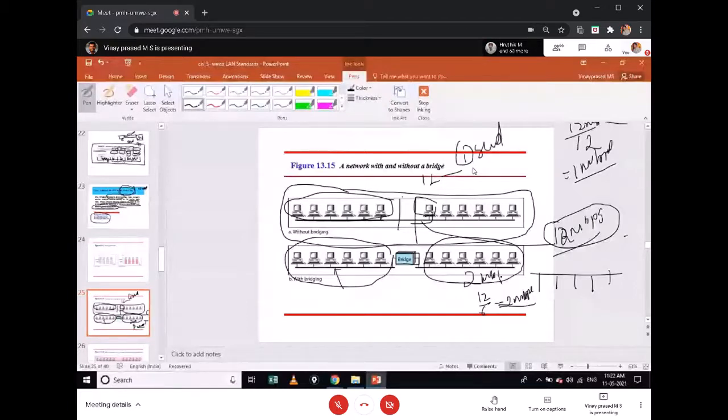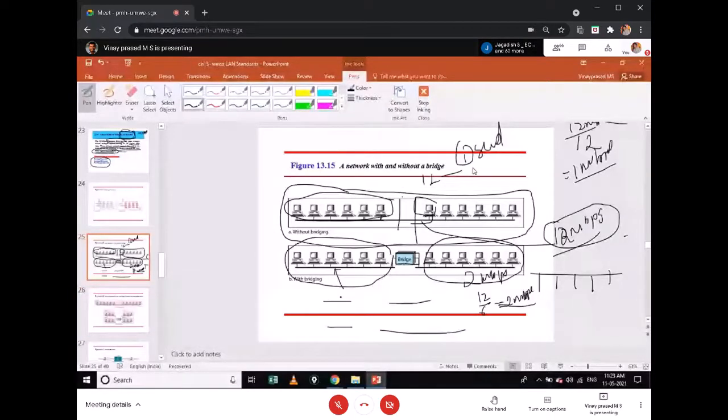If you do them in four segments, in each segment you have three stations connected, three stations, three stations, three stations, three stations, and again here also three stations, and this will get bridged, and again this would also get bridged with one bridge. And now each station, how much were they getting? 12 divided by 3, each were getting 4 Mbps as bandwidth.